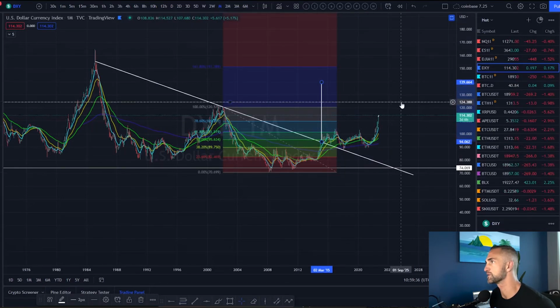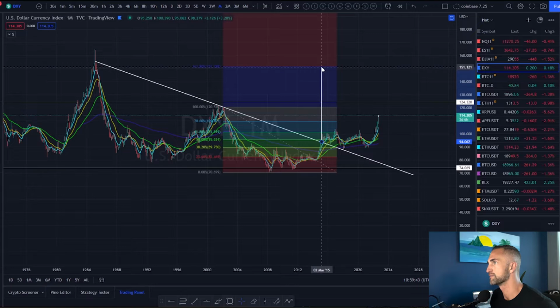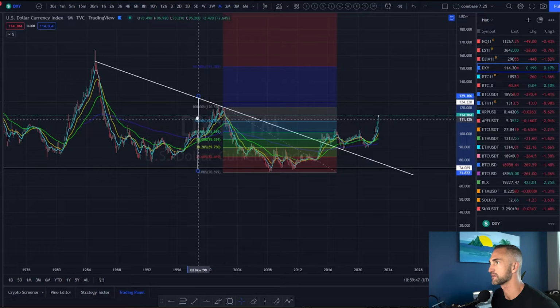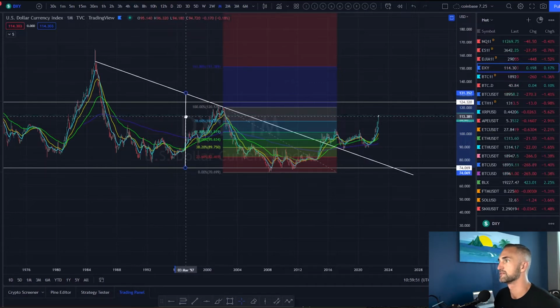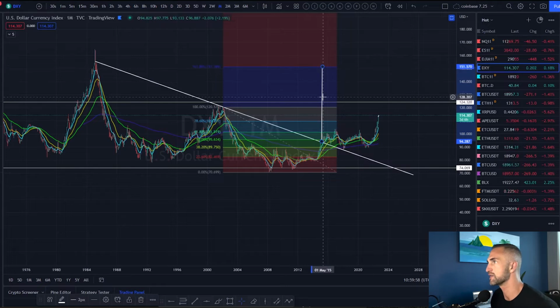After we clear 124, really, I would say the next stop would be all the way up here. And so maybe we could measure this move going back a little bit further, somewhere like this. And that would give us the shot up to about 150. So I do believe if we start closing monthlies above the 100 percentile here,